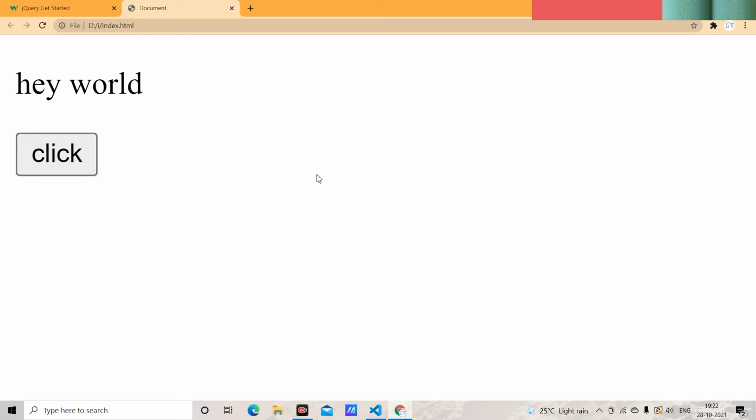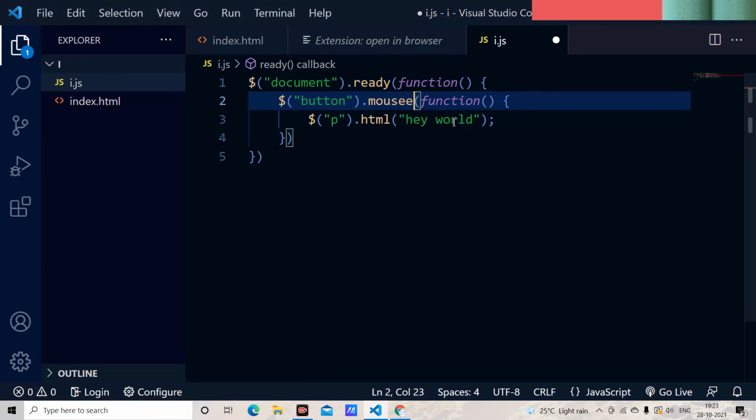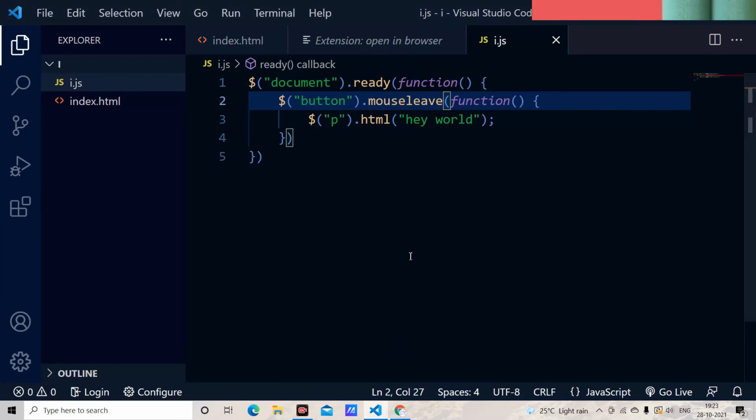Next we have the mouse out. Whenever we use mouse out or mouse leave, when you go with your cursor onto the button, and when you are leaving, at that time, it is going to change the text or cause an event to occur. For example, here we have used a mouse enter. I just use a mouse leave, and I just save it, and I just reload the site. As you can have a look at here, my cursor has entered the button successfully, but it is not executing anything. At the same time, when I leave my cursor outside this button, it is going to occur the event. As you can have a look at it, when I just came out of that button, the event occurs. And these are all the mouse events.